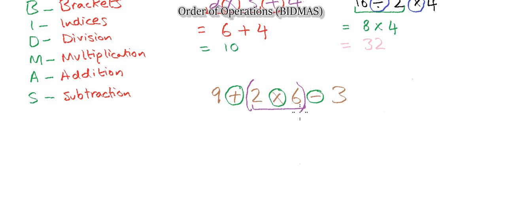That would make 9 plus 2 multiplied by 6 is 12, and then minus 3, and now you are ending up with 2 operations, plus and minus. Looking at the rules, what comes first? Addition, so we add the two numbers first. So that becomes 9 plus 12, which is 21, and take away 3, which gives my answer as